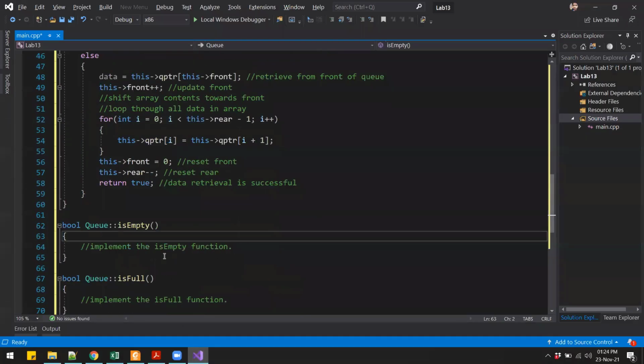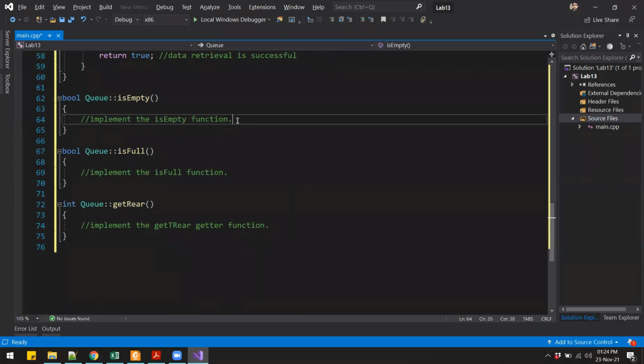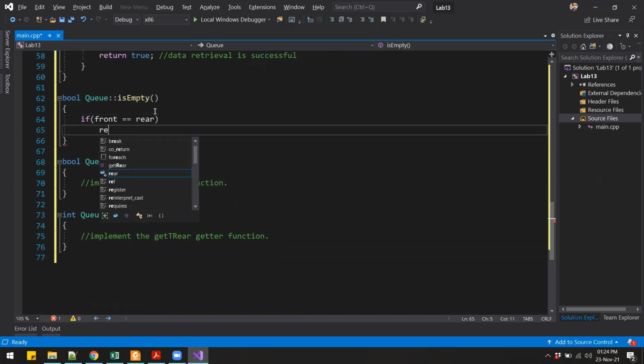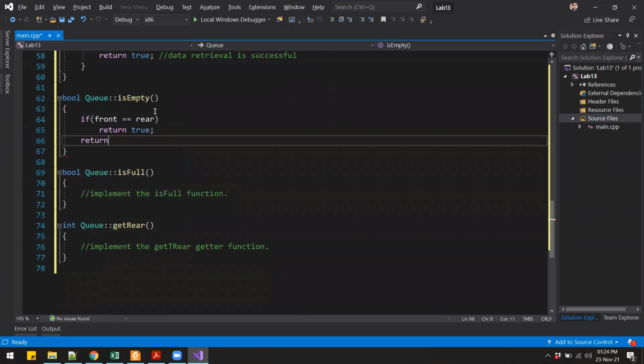So in our isEmpty function, we can say that if the value of front is equal to rear, then the queue is empty, so we return true. Otherwise, if the function does not return, it will go to the end of the function and return false by default. So that is the isEmpty function.